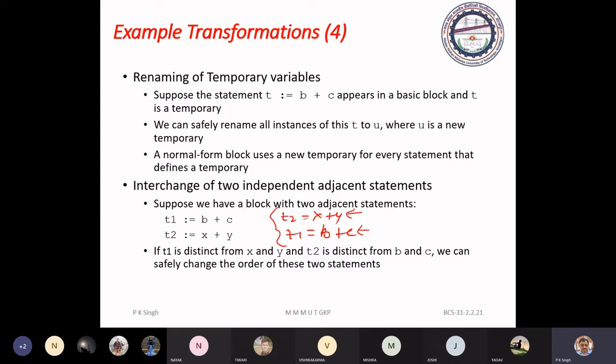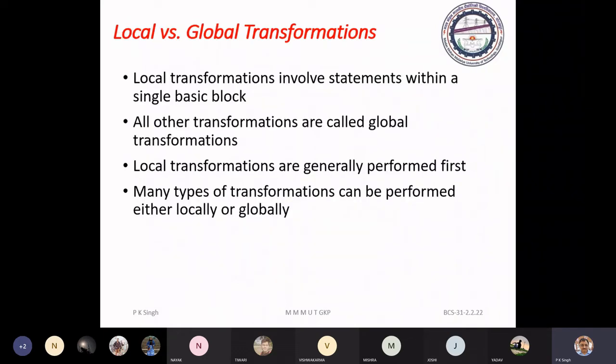These types of operations we may perform at the local level, and for global optimization or transformation, if we apply these techniques across the basic blocks, then it will become global.